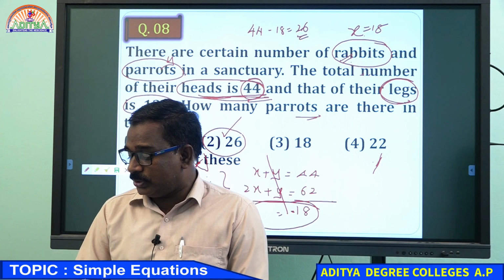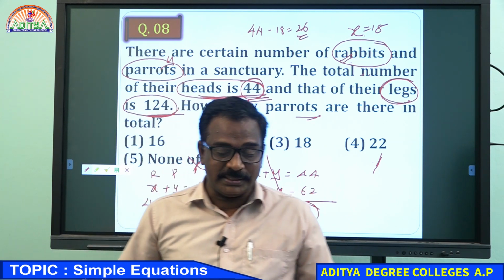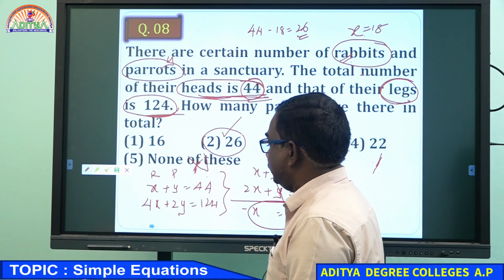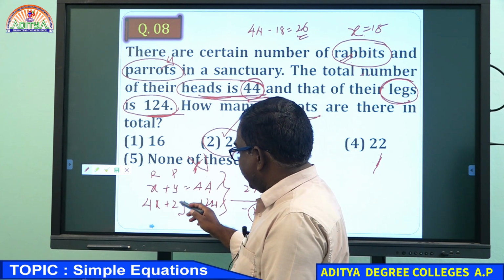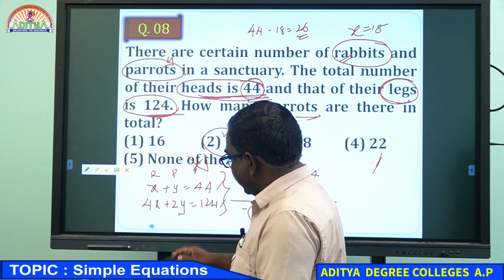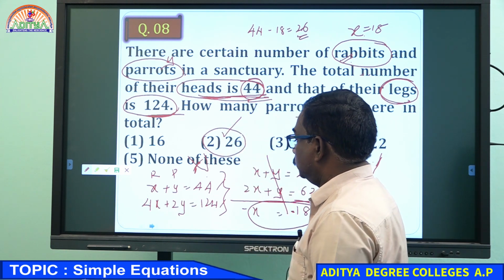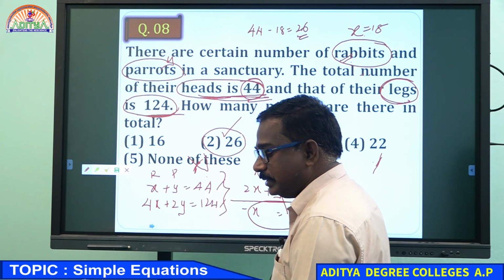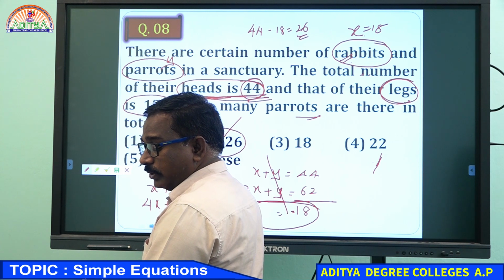Generally also we can do this one, because it is a simple equations topic. We need to solve the equations in a simple manner. Just observe the equations here: y is there, and here 2y is there. If you take out 2, y and y will be cancelled by subtraction. So throughout this equation, take 2 out and you will get y here. This is one way to answer.